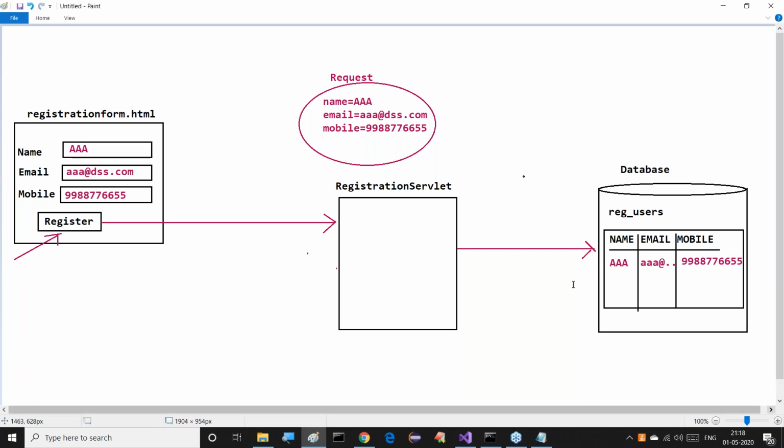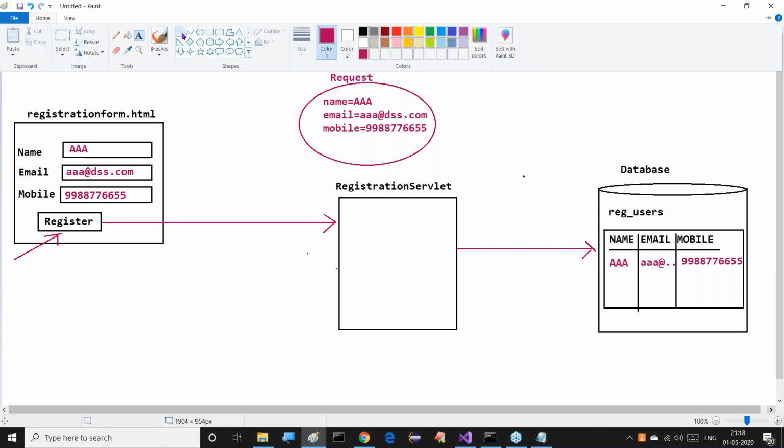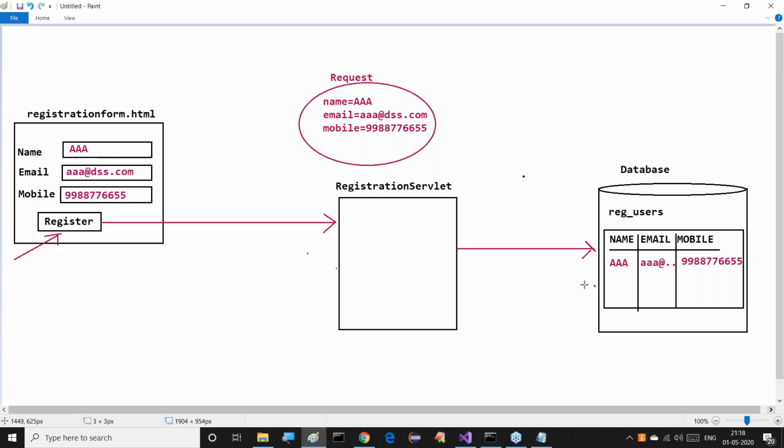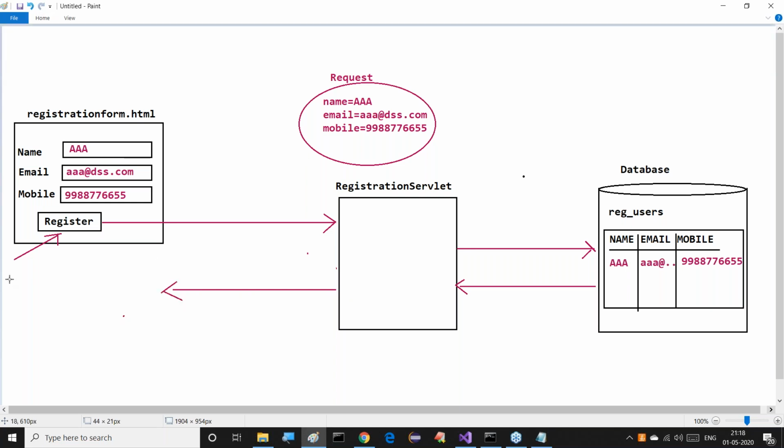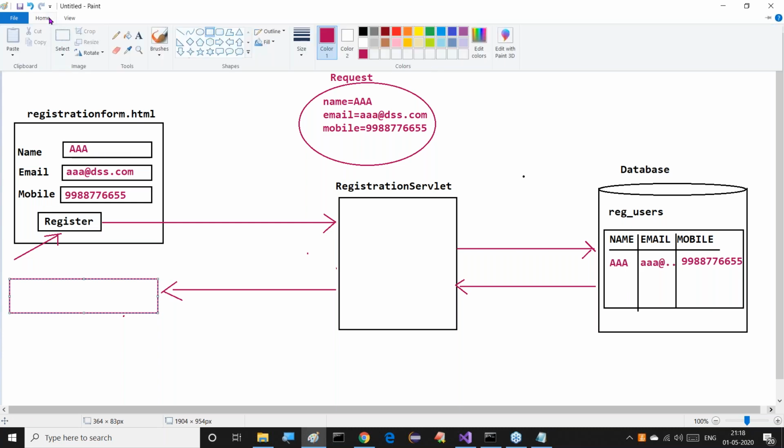Data is stored. All right, sir. Whenever this data is stored, we get some response. So the servlet will identify the status of this database operation. Whenever it is good, it will give a response: registration success. Let's go for it. Registration success.